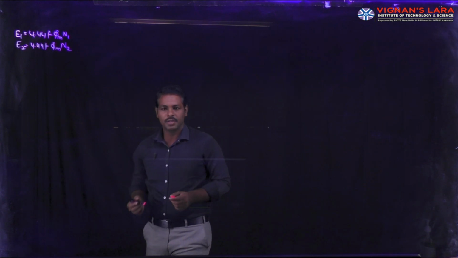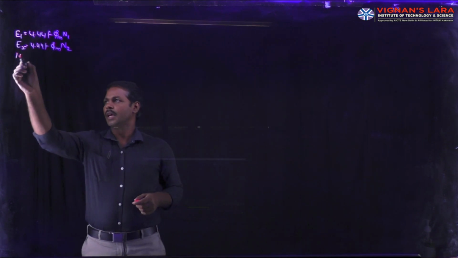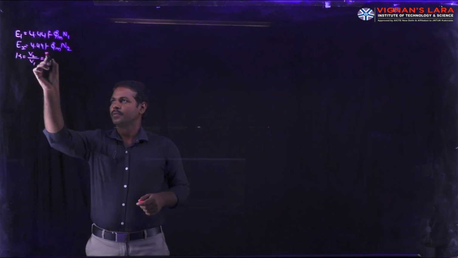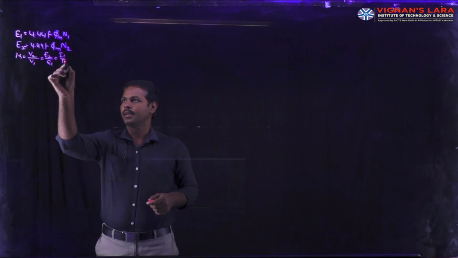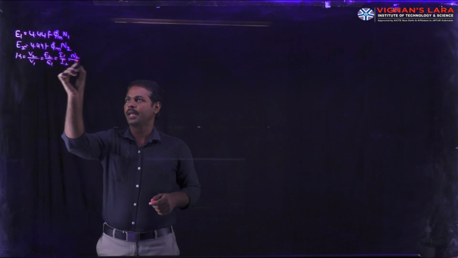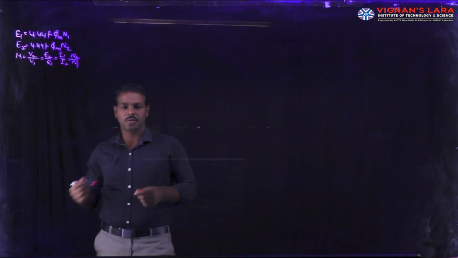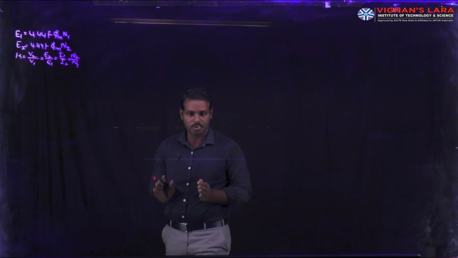So these two equations are already calculated, as well as the transformation ratio K is equal to V2 divided by V1, E2 divided by E1, I1 divided by I2, N2 divided by N1. So based on these equations, we are solving more problems regarding voltages.